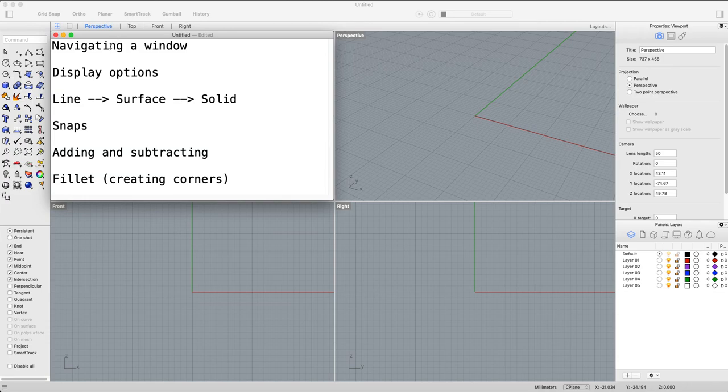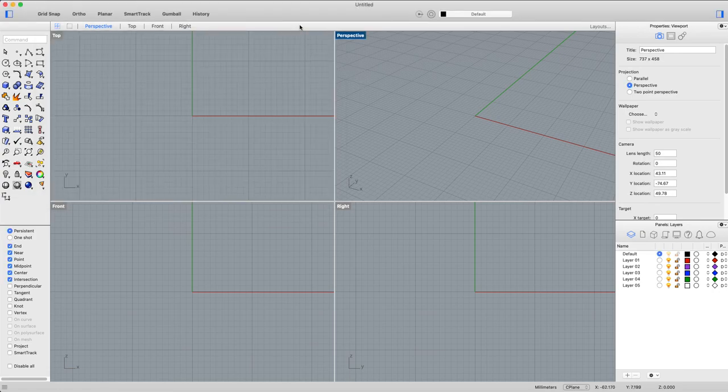So I'm going to go over these 6 things: navigating in your windows, your display options, the idea of working from a line, then a surface to a solid, your snaps, adding and subtracting objects, and then filleting objects, which is creating corners. So I thought I'd use a model I drew a little while ago,